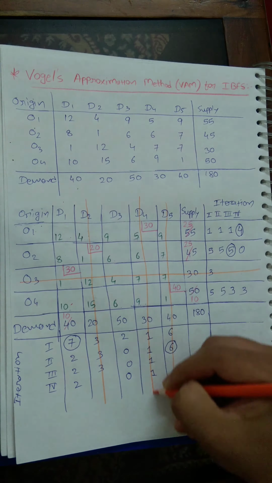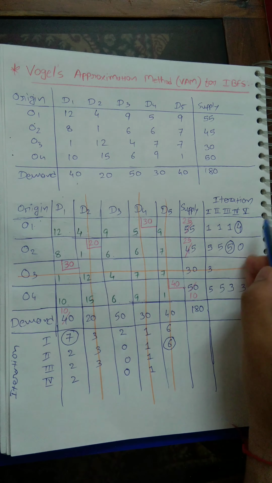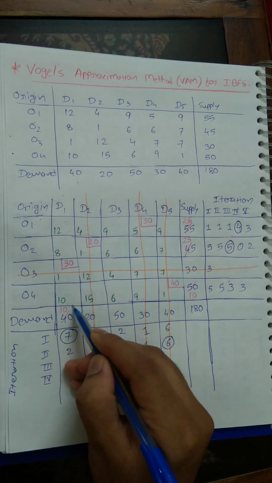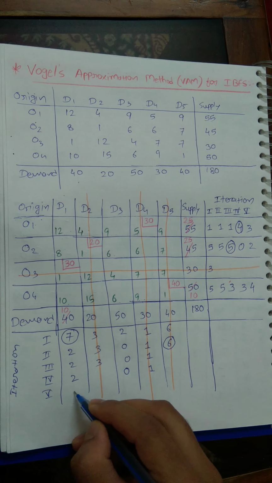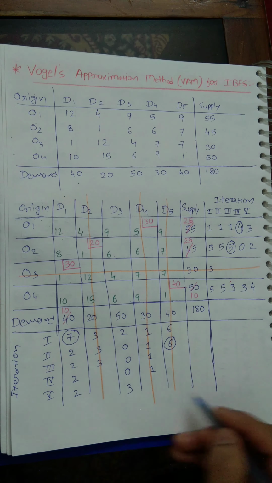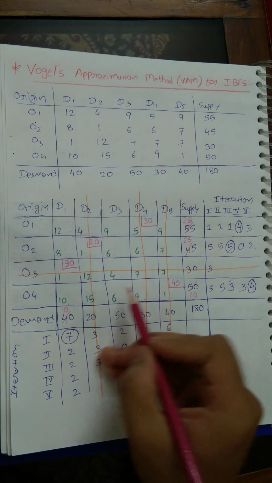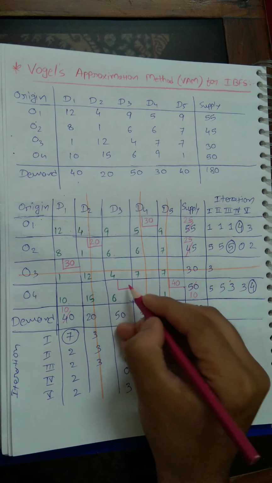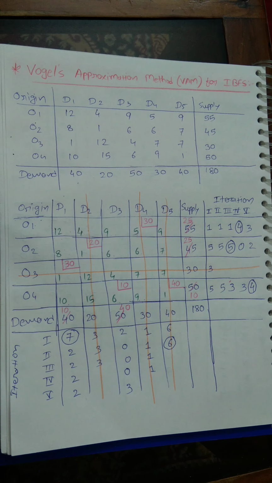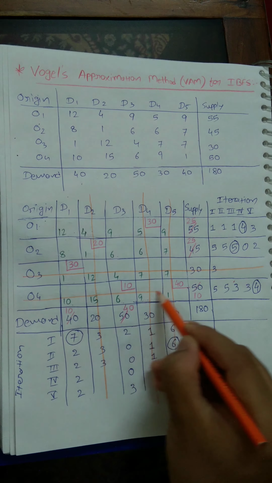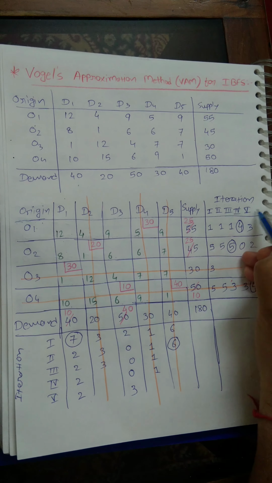For the fifth iteration you can see 12 minus 9, 3, 8 minus 6, 2, and yeah, in the D3 column for the fifth iteration there is a slight mistake. It must be 0 in that place. I wrote 3 by mistake, but it doesn't make any difference because for the fifth iteration the greatest value is 4 in the O4 row. So fortunately it didn't go wrong.